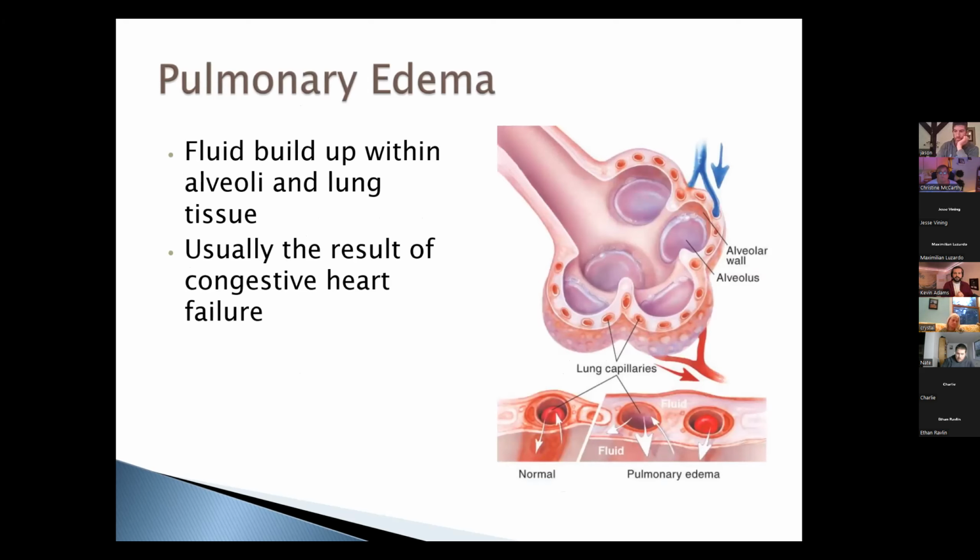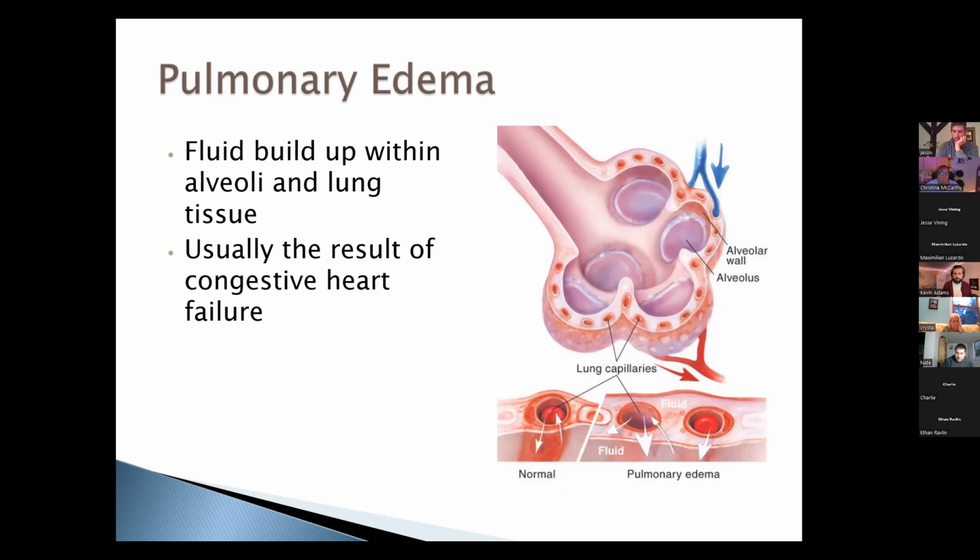So pulmonary edema is just another term for fluid buildup within the lungs. Pleural effusion is a little bit different. It's fluid on the outside of the lungs that can go inside and build up, but pulmonary edema is when there's a lot of fluid on the inside of the lungs. This is usually the result